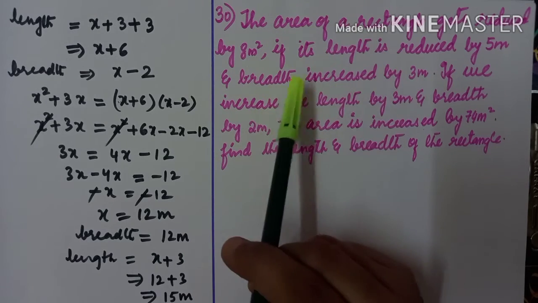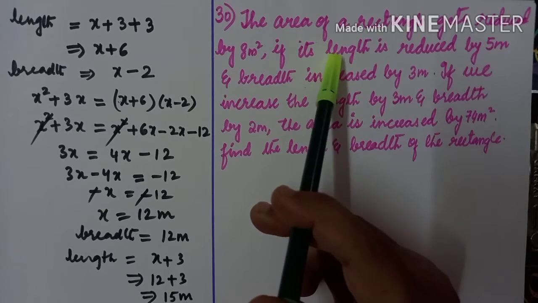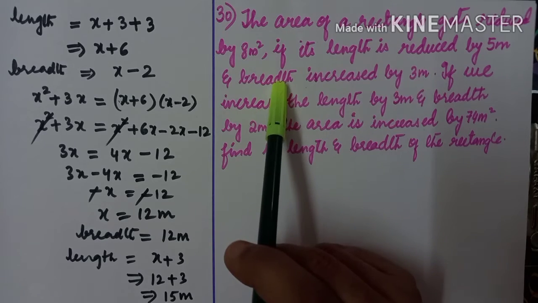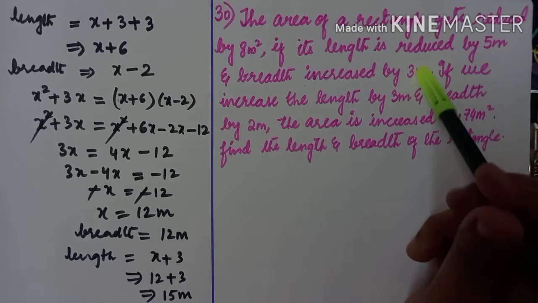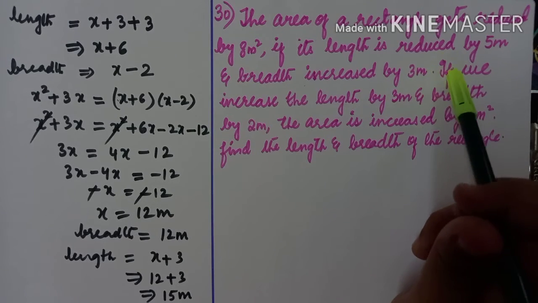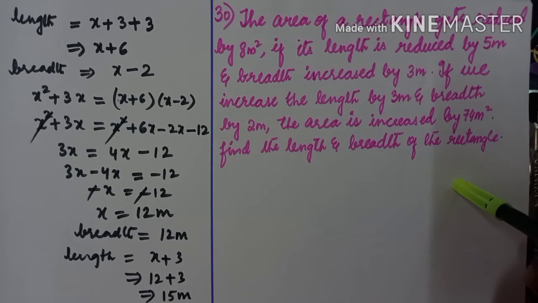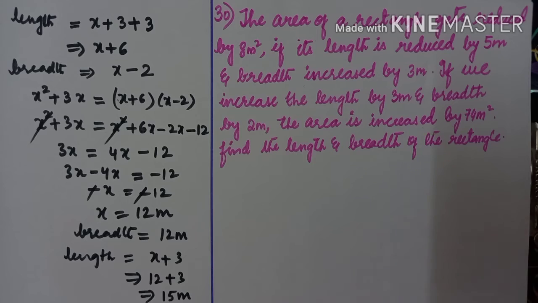See here, area equals L into B, you know very well. So in place of length you are writing, you're converting this statement into the expression, then breadth increase by 3 meters, so like that you're converting. This is how, from here the second equation will start. Till here you will get one equation. Now after that, if we increase the length by 3 meter, let us see that later on.